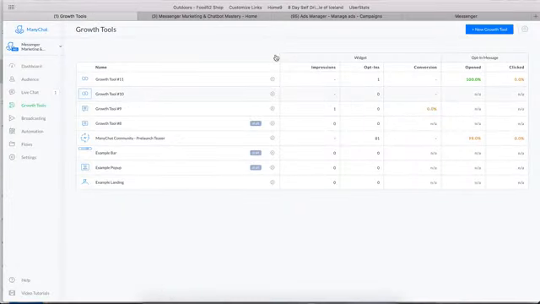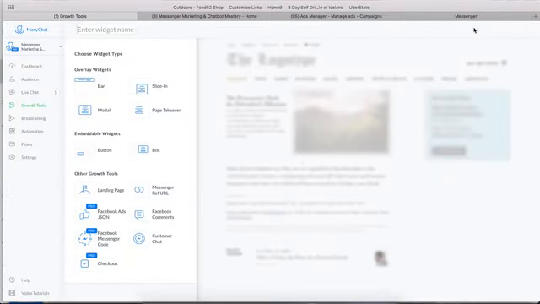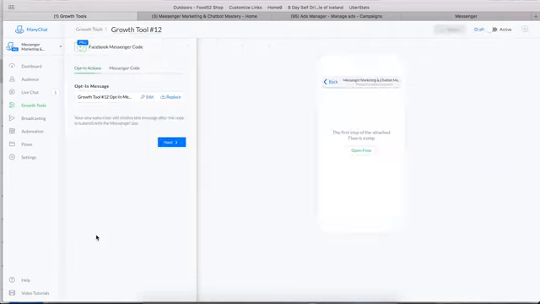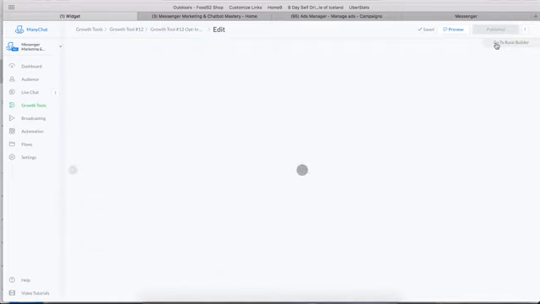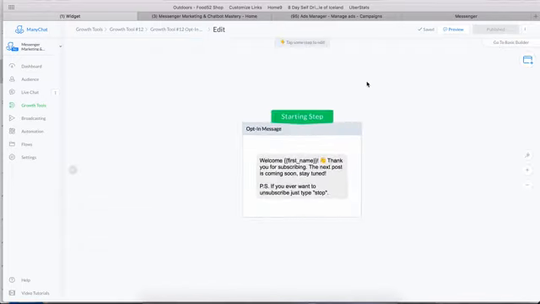So let me show you how this works. We would create a new growth tool. We would click Facebook Messenger code. And again, this works almost identical to the ref URL. So they would scan the code and they would receive this opt-in message. Now, there's not a place to subscribe them to a sequence here, but you could simply hit edit. You could go to Flow Builder, and you could make it so that,